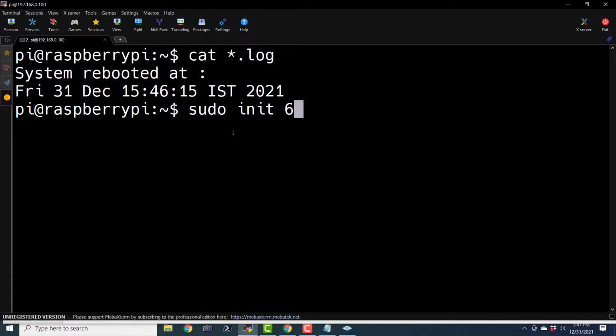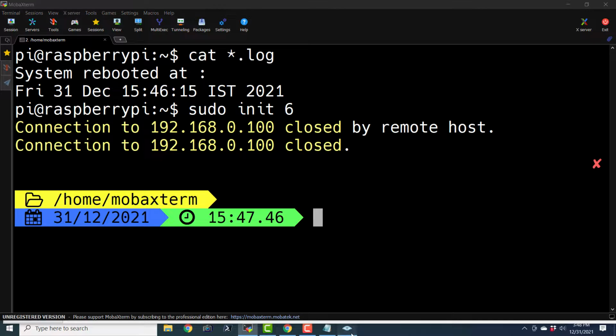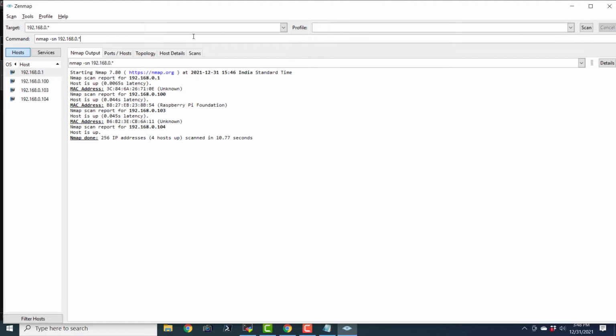Again, let us reboot it, because it is going to give us a very good idea about how this works if we reboot it a couple of times. Let us check with the ZenMap GUI again.